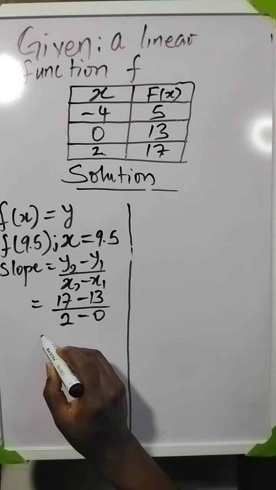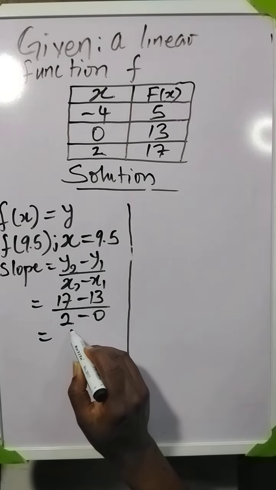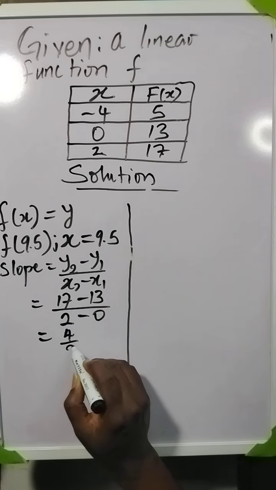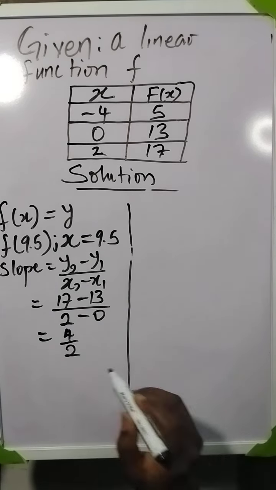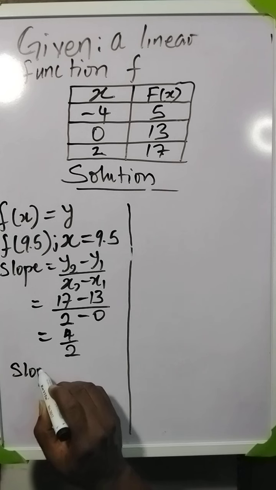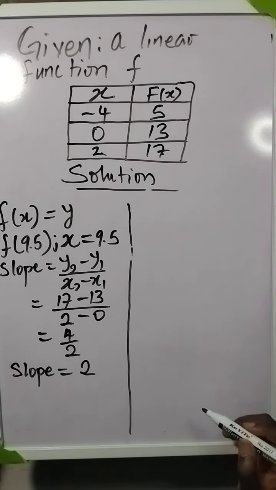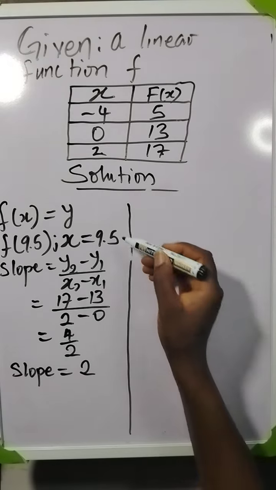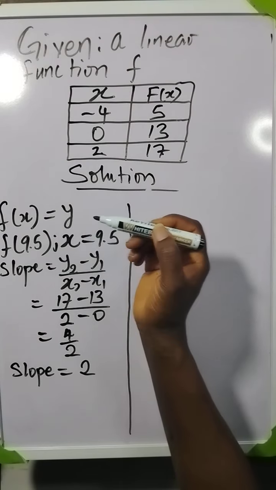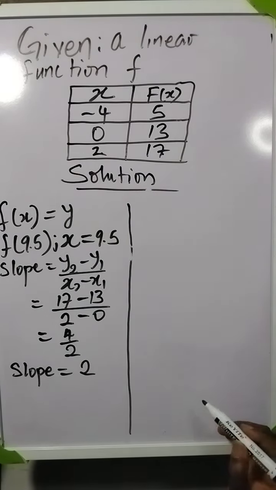So if you solve this, we will have that our slope is 4 over 2, that means the slope is 2. So since the slope is 2, and we are looking for the value of y when x is 9.5, and that slope